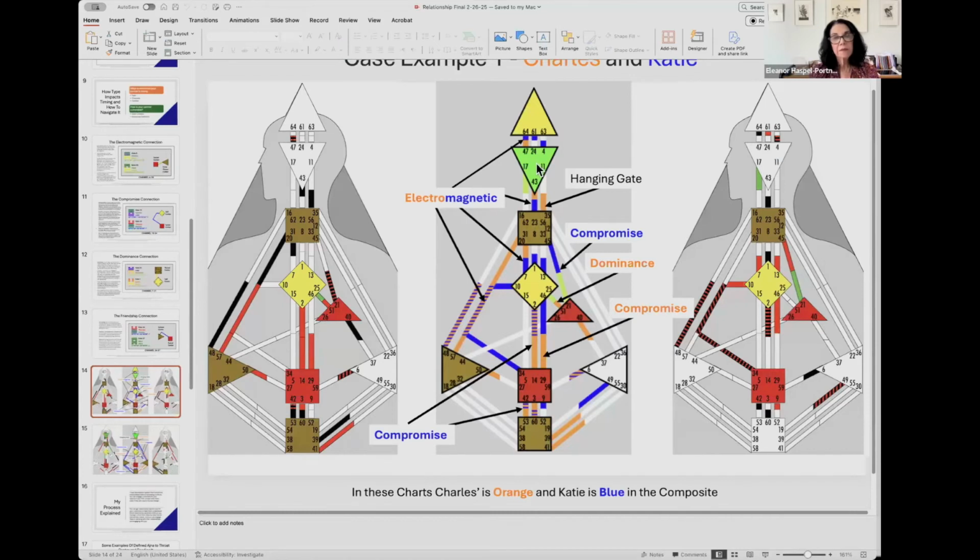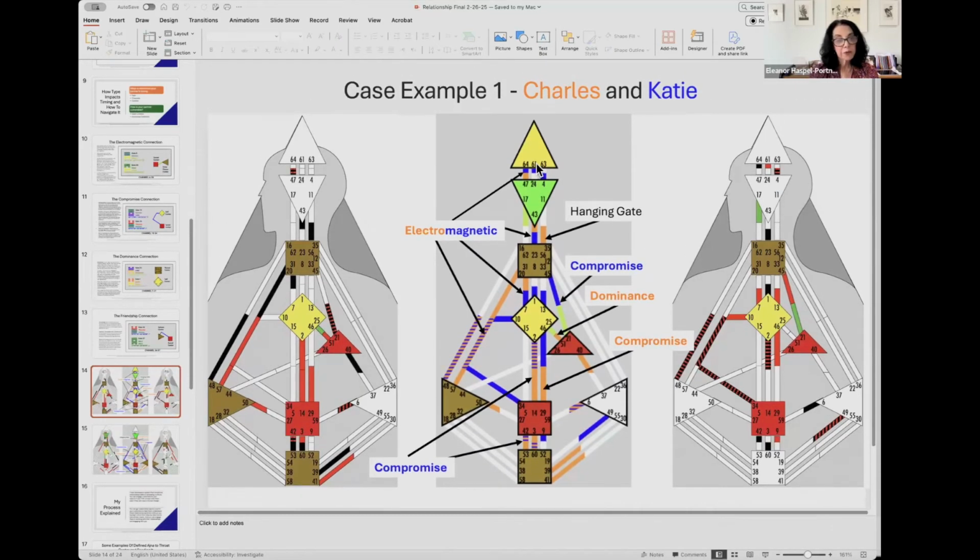Here are some charts that I put together. This is Charles and Katie. Charles is my son, Katie's my daughter-in-law. I have their permission to use their charts. And they're interesting charts because they demonstrate the compromise, the electromagnetic, the hanging gates, and the dominance. In Charles's chart, what do you notice? I notice right off the bat that he has the 2-14. Now, the 2-14,